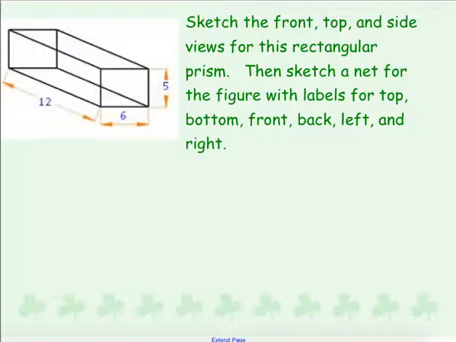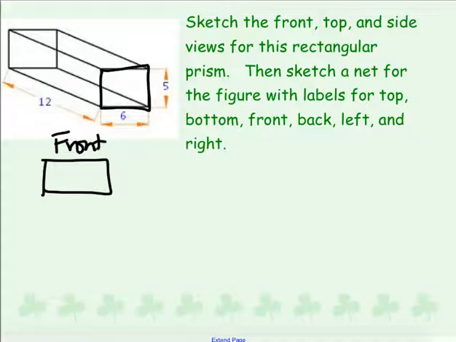Sketch the front, top, and side views of this rectangular prism. Then sketch a net for the figure with labels for top, bottom, front, back, left, and right. So if we do this, if we were to sketch, let's see, they want us to do the front first. Well, I would consider this the front. So our front view